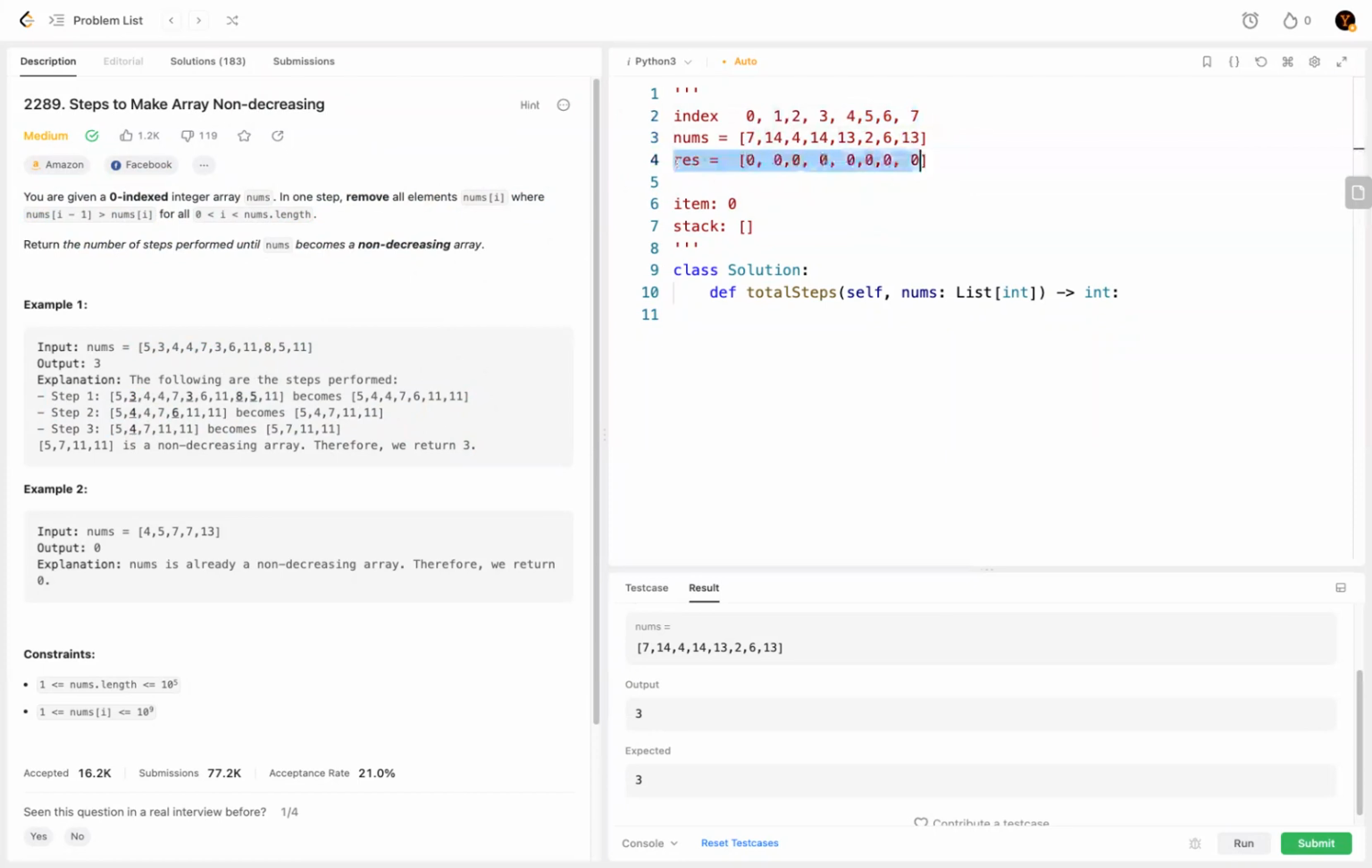And then the response array is we're gonna just keep track of, for every index, for this number 14, how many moves we're gonna have. For example, 13 is smaller than 14, right? So there will be a move of 1 for 14 because 13 will be removed as it's smaller than 14, right? So in the response array, we're just gonna keep track of how many steps or moves we have for